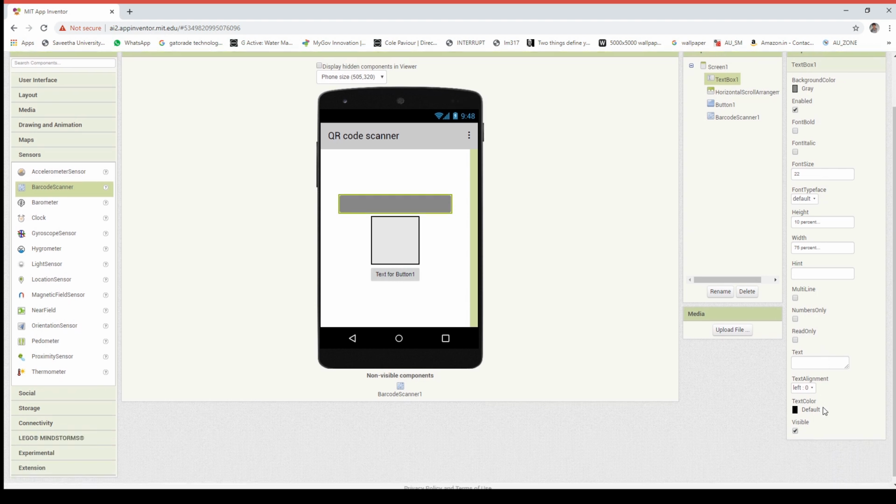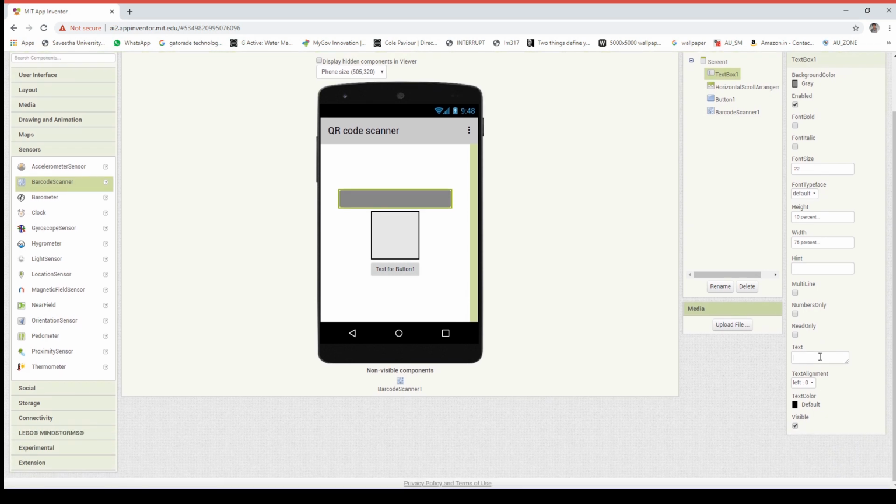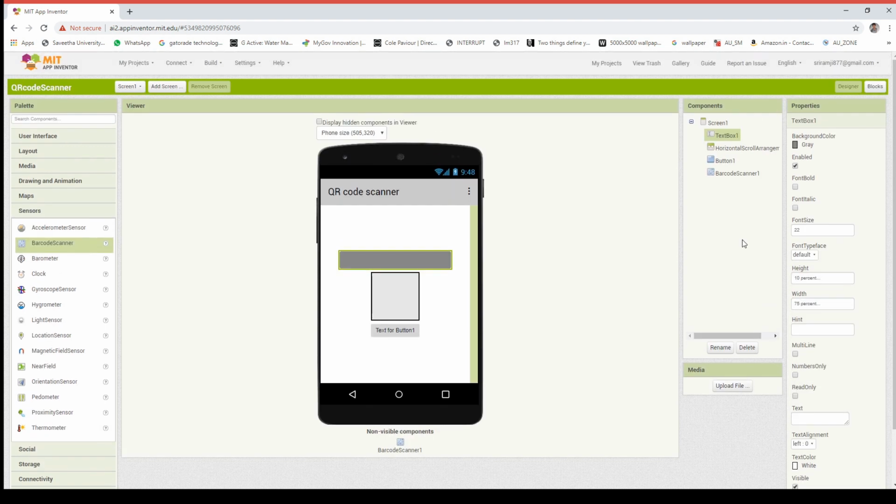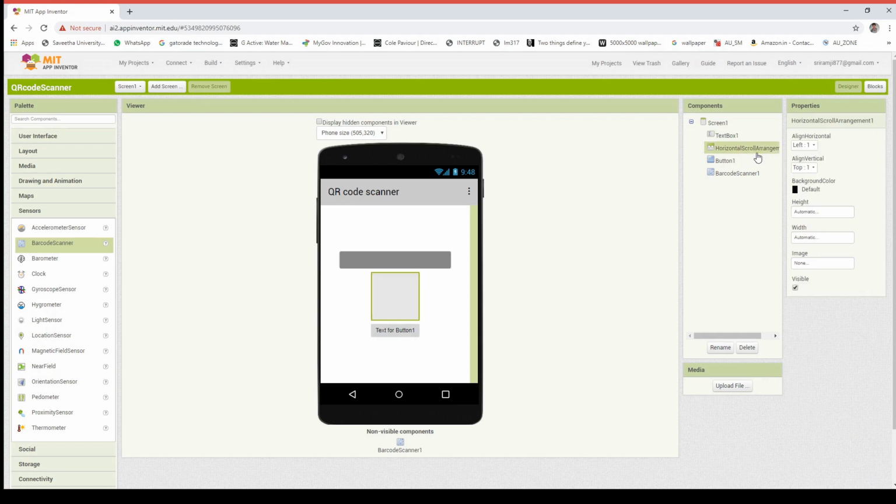And then leave the text option empty, because at last we will get the text from the QR code. After that, we will change the layout's height and color to make the UI better.